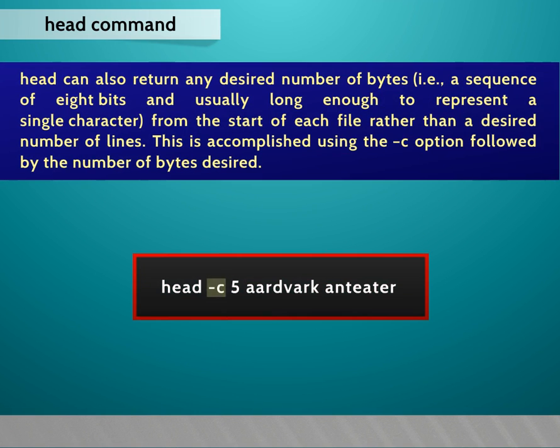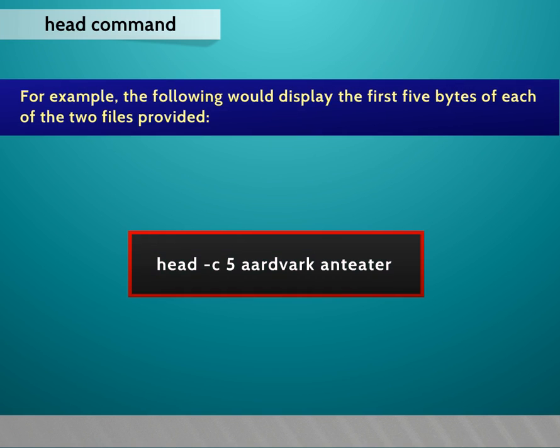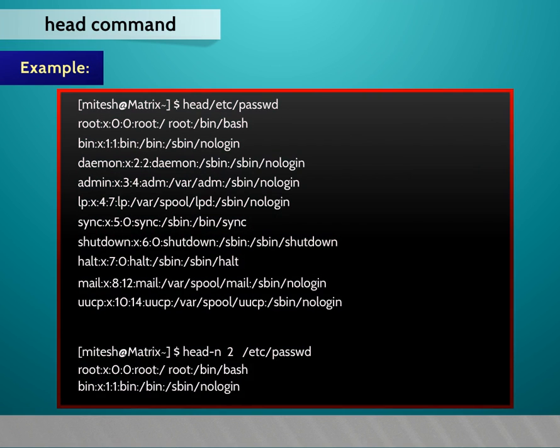Head can also return any desired number of bytes, that is, a sequence of 8 bits and usually long enough to represent a single character, from the start of each file rather than a desired number of lines. This is accomplished using the -c option followed by the number of bytes desired. For example, the following would display the first 5 bytes of each of the 2 files provided. Example: